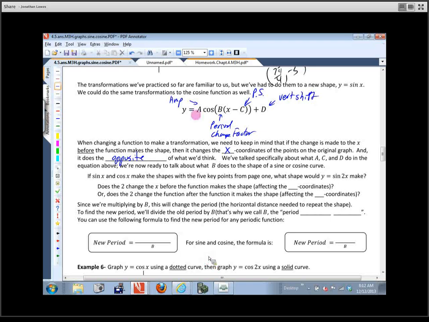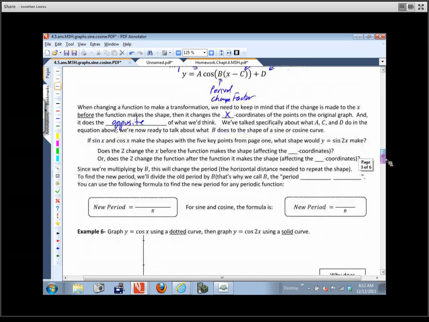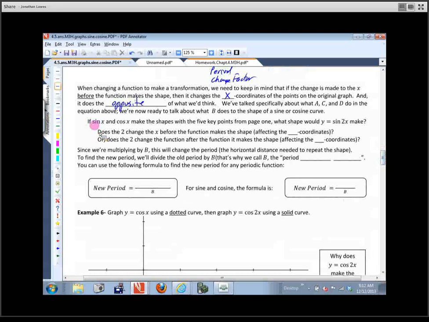So we've talked about what A, C, and D do. We've talked about the amplitude, the phase shift, and the vertical shift. We've done each one of those, but now we're going to talk about what B does. Okay. So if we know what sine and cosine look like from our little demonstration earlier, we want to